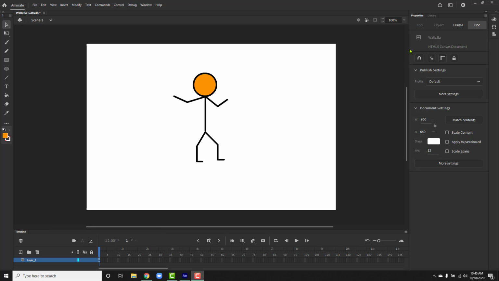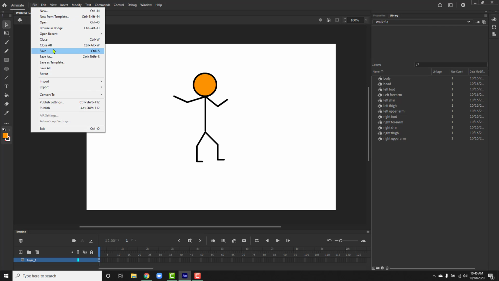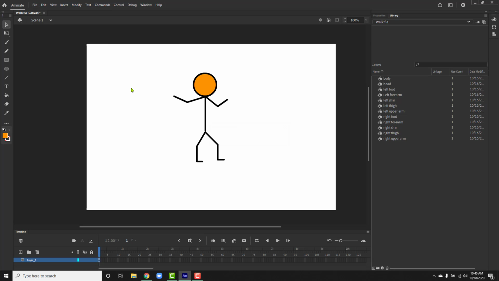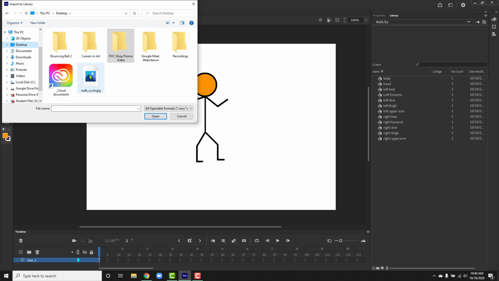So I'm going to go up over here to the top right, and I'm going to click on Library. Right now you'll see all the pieces of our stick figure in the library. What I want to do is add that image of the walk cycle. So I'm going to go up to File, go to Import to Library, and find that walk cycle